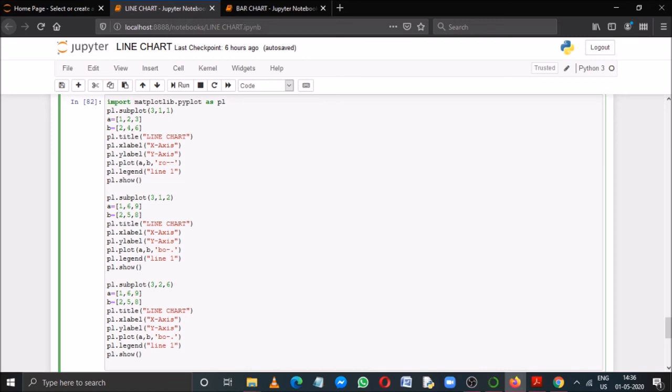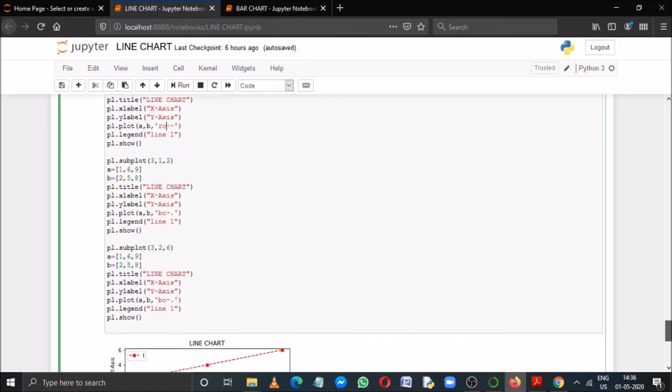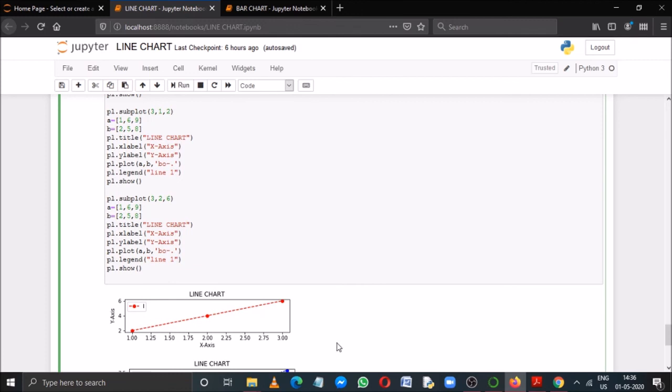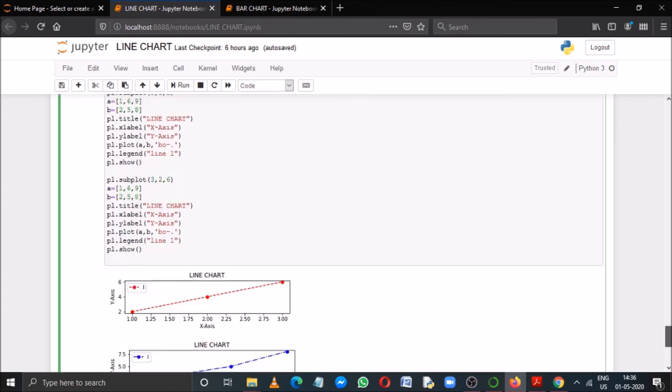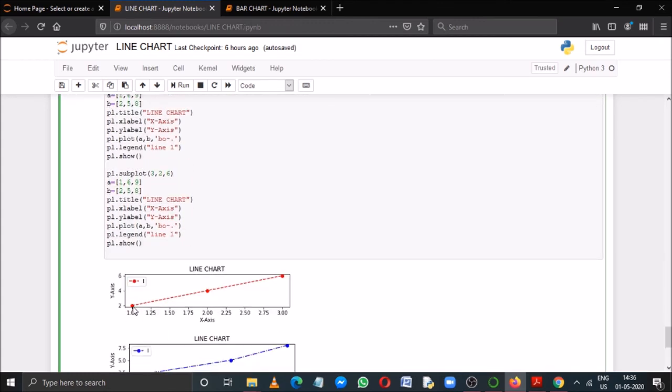So a dashed line will appear. Now check the first one. See, the marker type is O, the color is red, and dashed lines appear. You can also check the points: the first point is 1, 2, the second point is 2, 4, and the third one is 3, 6.